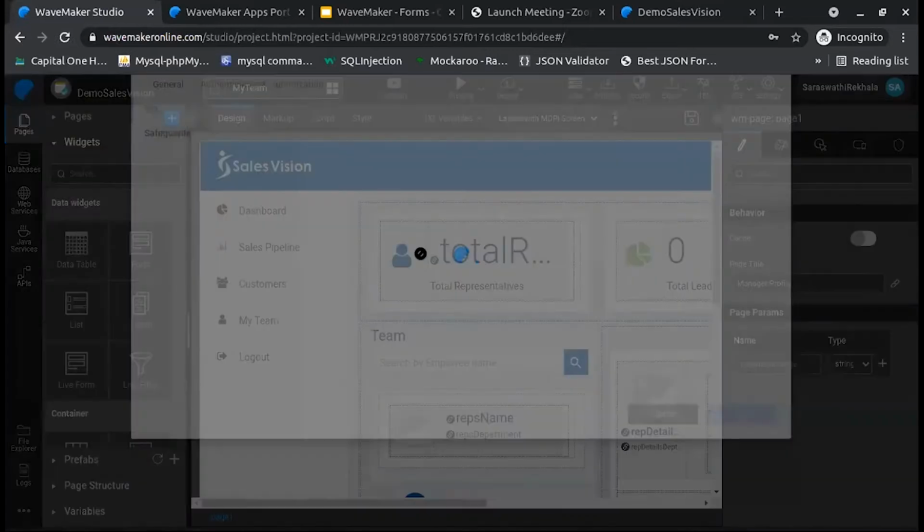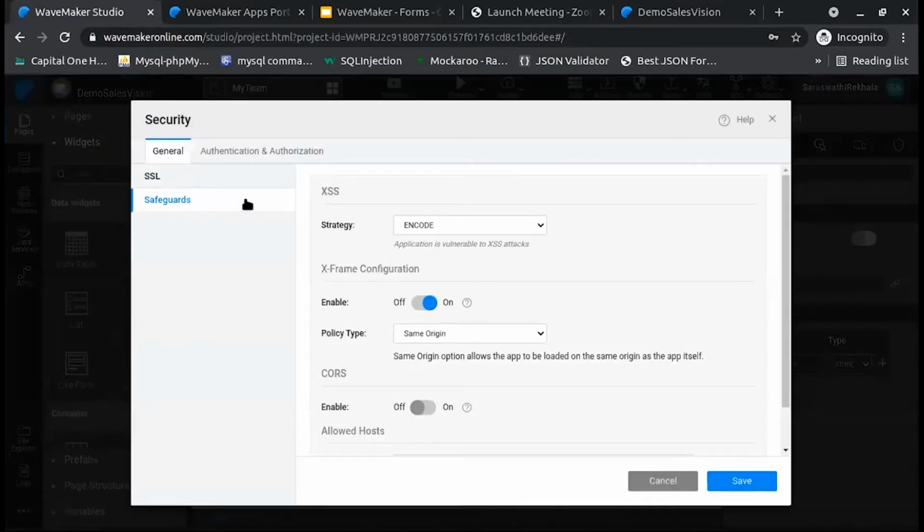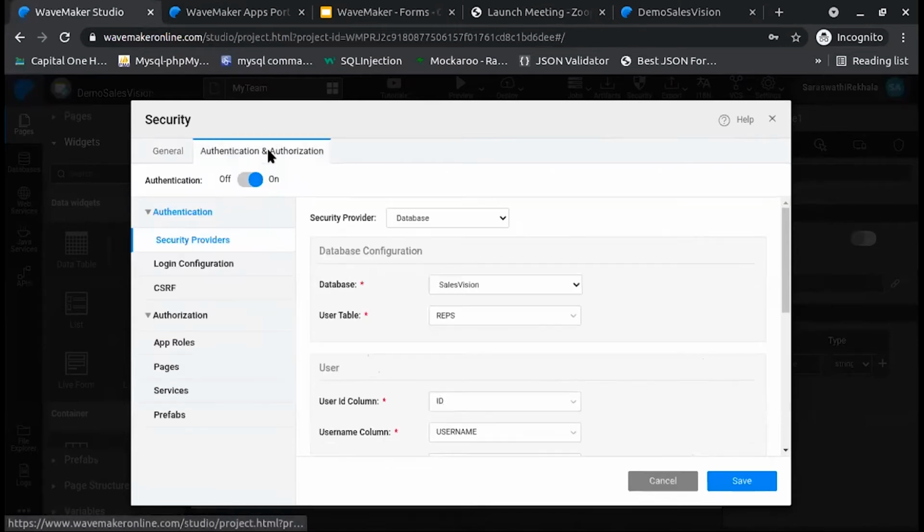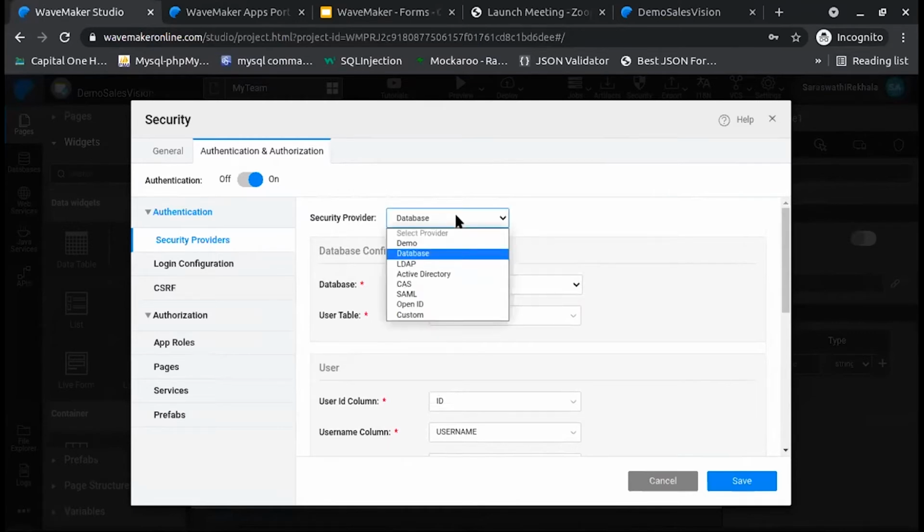Everyone wants their apps to be secured, right? The platform follows all OWASP Top 10 standards, like preventing XSS attacks, CORS enablement, extreme options, and CSRF tokens. You can authenticate and secure your app by configuring any one of these security providers. The platform by default provides security providers like Active Directory of any organization, which you can configure from here, CAS, and SAML. You can select any one of these and make your app secure.